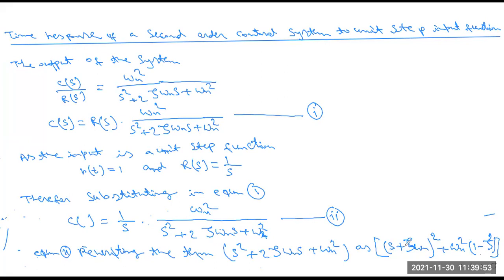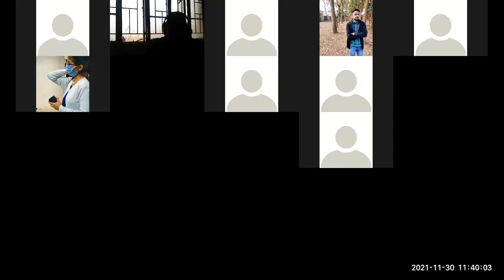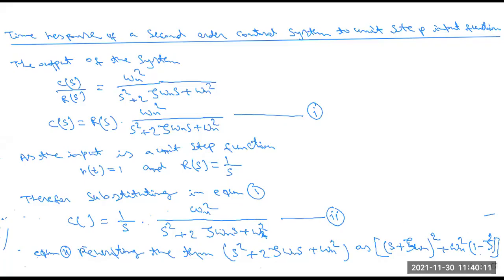When you apply the formula, this one and this one is s square plus 2 zeta omega n s plus omega n square, another one is cancelling out, so the equation is also coming as s square plus 2 zeta omega n s plus omega n square also. Now we have to rewrite these equations,